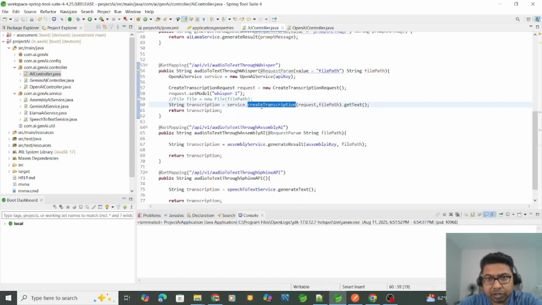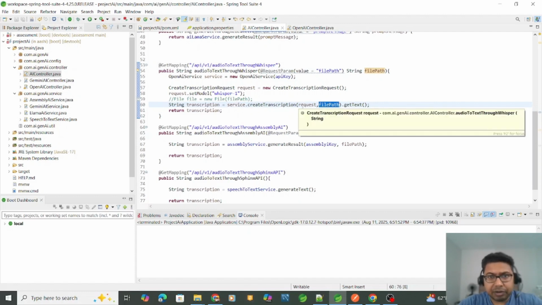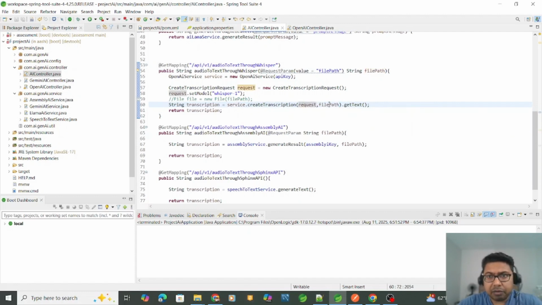So this service.createTranscription is calling that service and converting that audio into text. We are passing that request and that file path, and then we are converting it into getText. Whatever it's returning, I'm doing a getText and returning here as a transcription, and then returning to the calling method. Let's go inside the service createTranscription